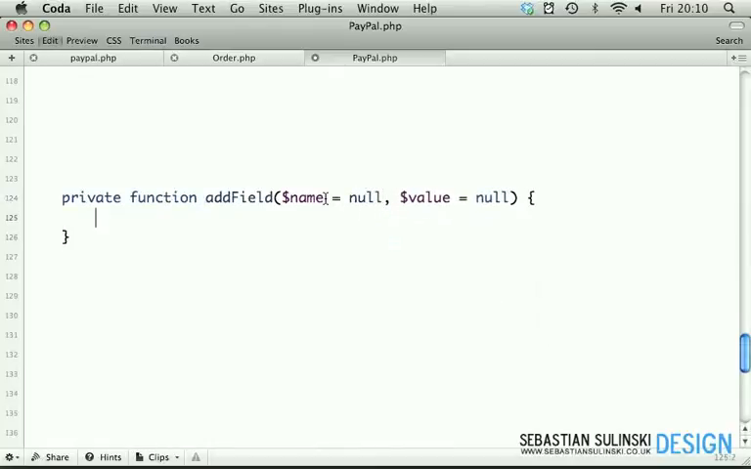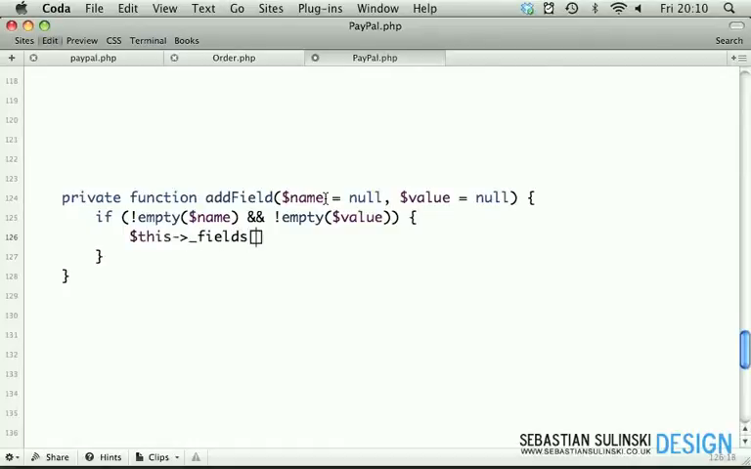Okay, now we check first if isn't empty name and isn't empty value. Then we want this fields assigned to the fields array, the new input field. Actually, let's use single quotes because we're going to be using double quotes inside of this statement. So input type hidden, then we have name,